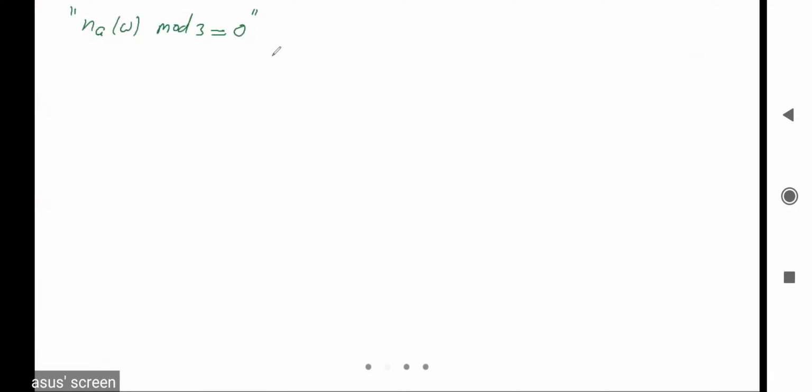What will be the minimal DFA over the alphabet a comma b? So the alphabet is a comma b. Firstly, tell me what will be the strings in the language?